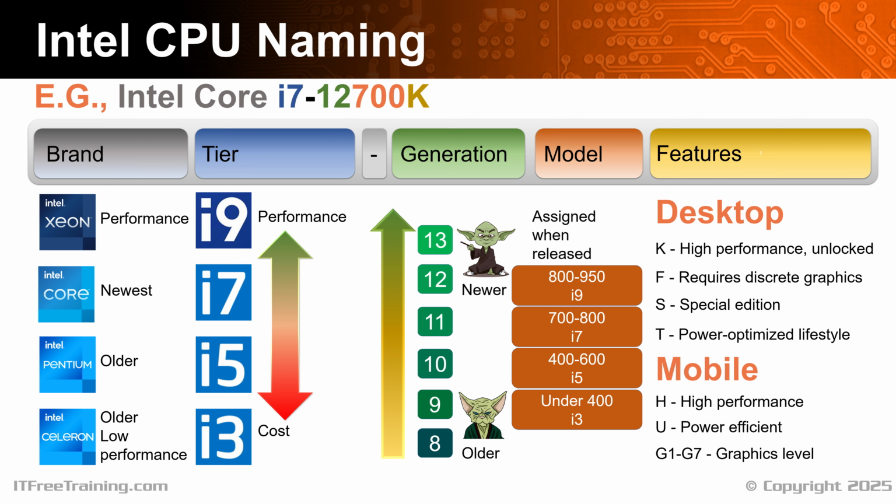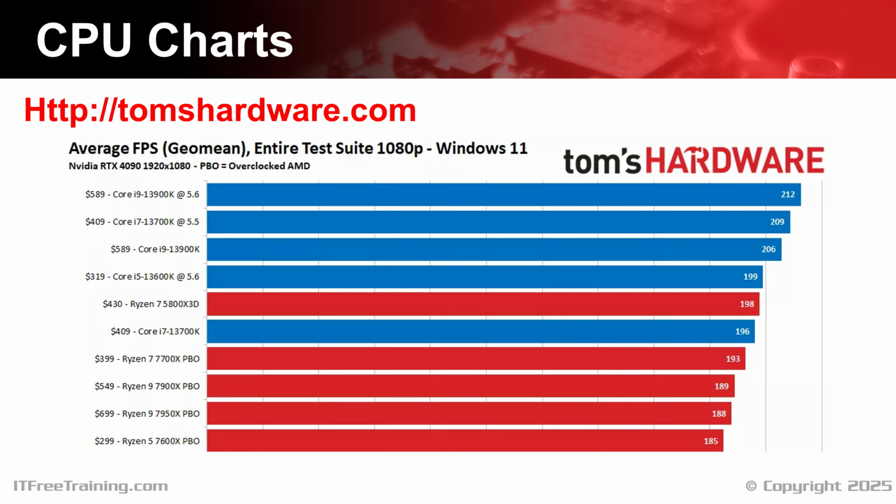Let's look at another way to determine which CPU to buy. One way I like to compare CPUs is to use CPU charts. For example, the ones available from Tom's Hardware. These charts show the test results for a number of different CPUs with different test conditions to find out how they'll perform. You can see at the top of the chart for this test anyway, the top 4 include an i9, i7 and i5. Looking at charts like this will give you a good idea what you can expect from the CPU. Notice, however, that the price goes down as performance goes down. If you're purchasing a new CPU, the price usually goes up pretty consistently with performance.